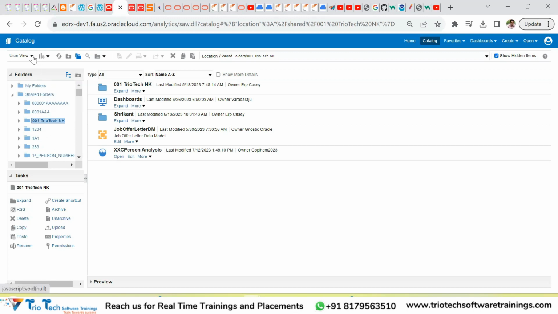Okay. Now, one is called user view, the first option that I am demonstrating, and the other is admin view. If you are an administrator, you have that particular role of an admin as well, and you will get an option to select from two views. If you have access only to a user view, you will get this screen access only as a user view. The difference is, if you click on admin view,